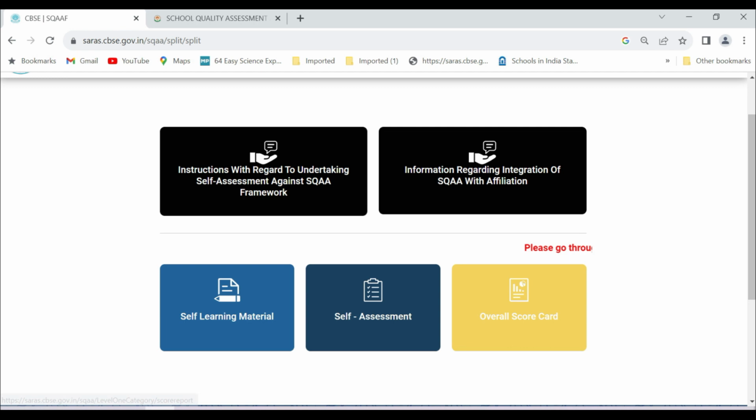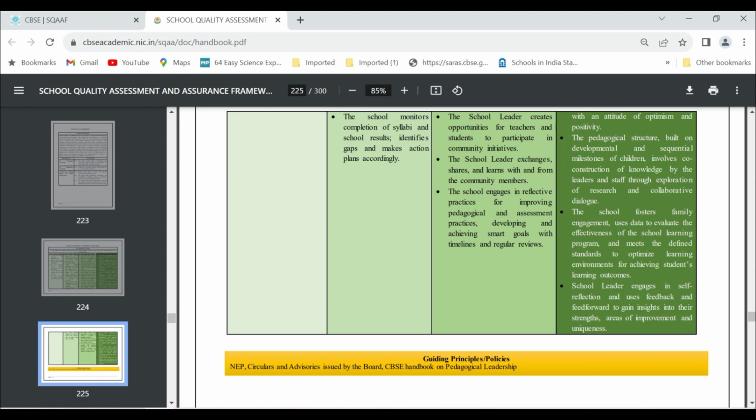Dear principals, the SQAAF is not over with this. Fasten your seatbelt. Here we come to the documentation and data analysis part of SQAAF. The various documents we need to be familiar with are given under guiding principles, policies for each subdomain in the entire document.